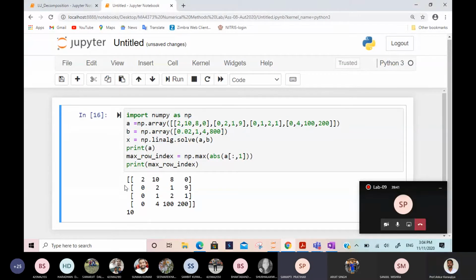See, this is the matrix. This is already 0. So suppose we are at this step. With the help of this, we have to find the maximum of 2, 1, 4. The maximum is 4. So we have to interchange this last row with this second row. But here it is giving 10, in the first column the maximum is 10. So can anyone tell, is there any change I have to make?